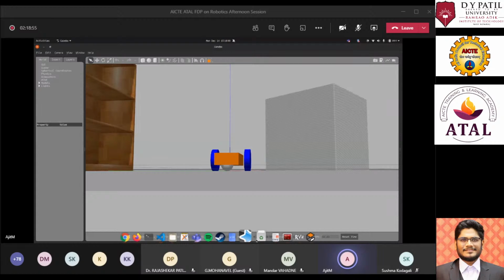So I'll just stop the simulation again. I'll start it again. Now, when I made that pitch 0 and yaw 0, you can see the robot is collapsing because it is not getting spawned correctly.